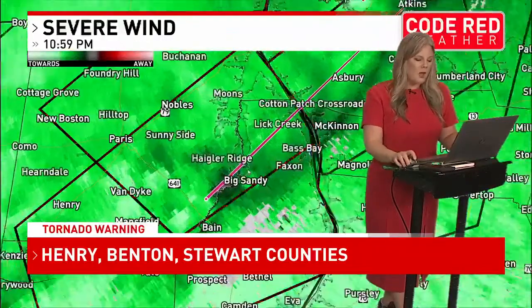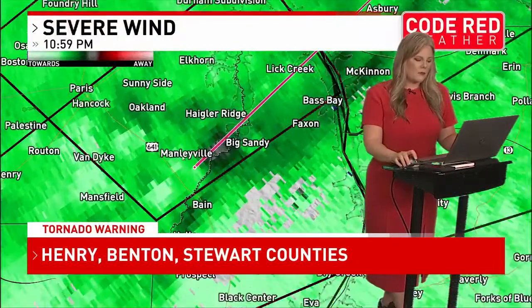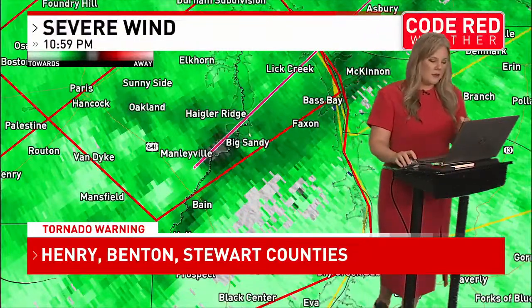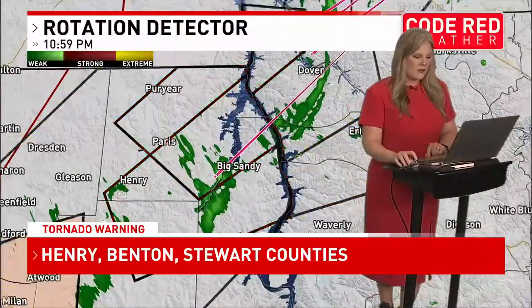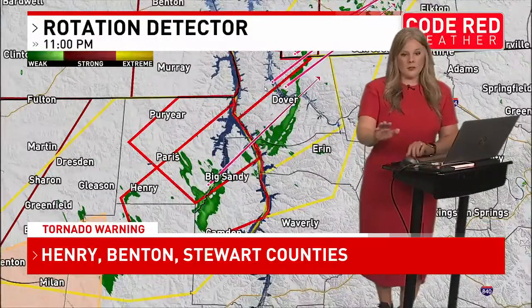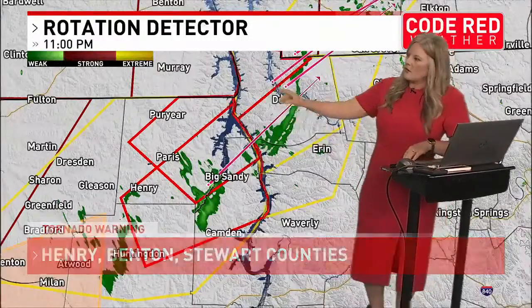We're still following this one here in now extreme portions of Henry County, eastern Henry County, and getting ready to move into Benton County near Big Sandy. That would be where we are seeing rotation now. So Manlyville and Big Sandy passing over the Tennessee River, and that continues to be where we're watching for the potential for a tornado. It is 11 o'clock now on the dot, and so anxiously awaiting to see these boxes